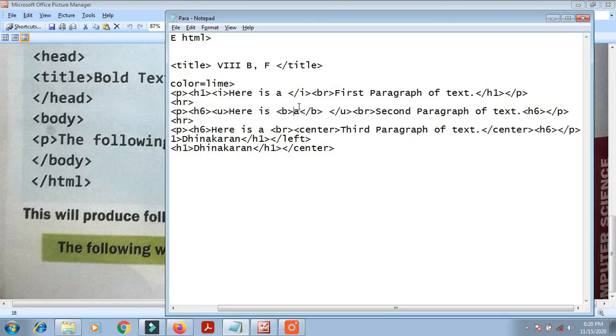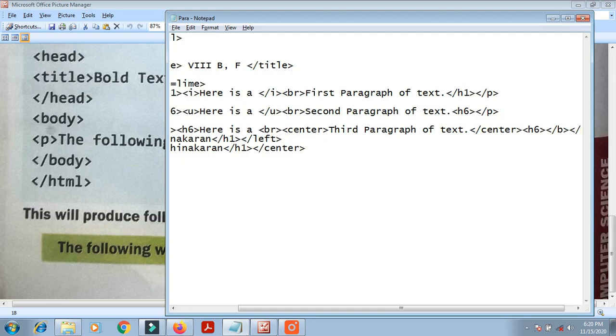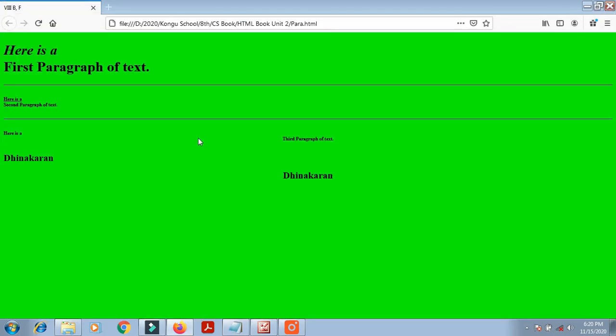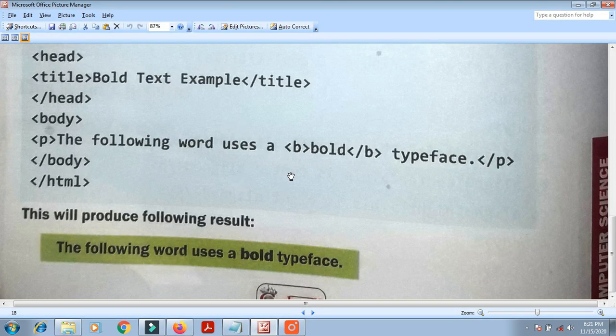The B tag starts there, and after the 6 I want to keep slash B. I saved it and changed it here. Okay, changed. Like this only we have to give the bold tag. This is the output of the bold.